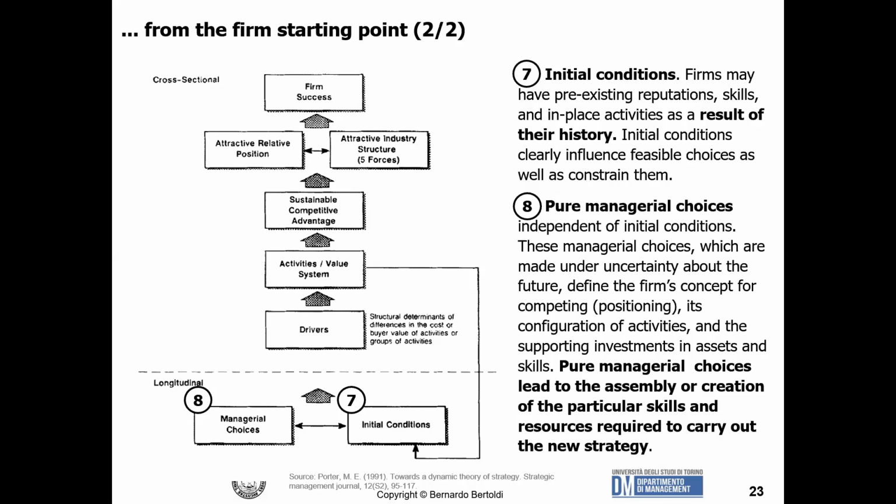Management choices are the choices that were taken before any strategy, outside any structured strategy. So at some moment in time, management decides under uncertainty to build some capability that ends up giving you an economy of scale advantage, or maybe decides to work on a specific brand, creating a strong brand, giving you, in terms of activities, an advantage in having a brand that is very, very well known.